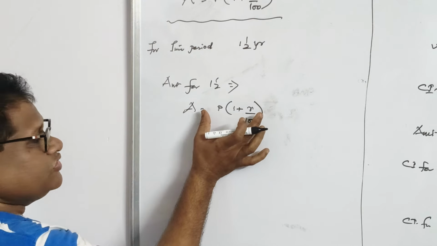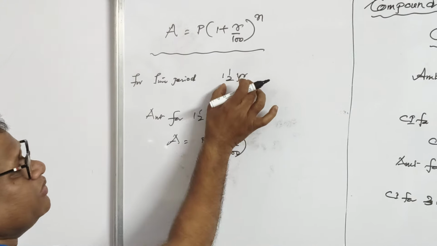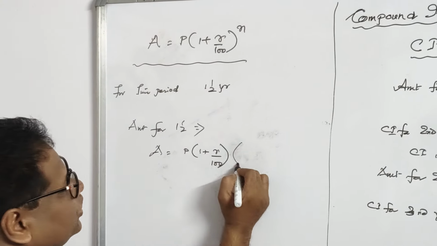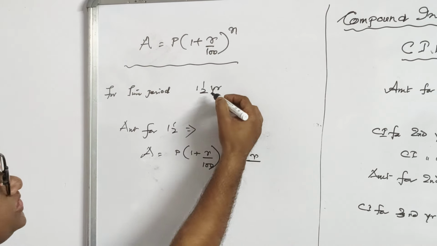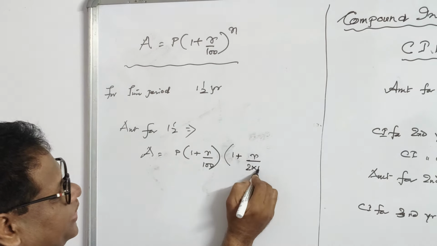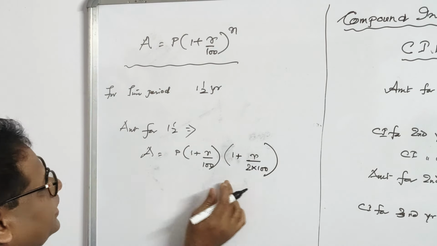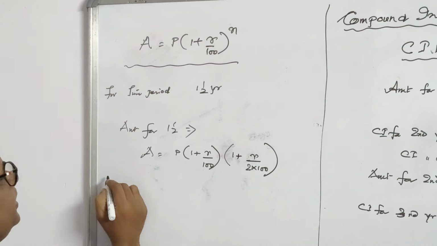Okay. This will become the principal for the following year. Following year means remaining is half year only. So you will write like this: 1 plus R by, because it is half year, the rate will be reduced to half. So it will be R by 2 into 100. Okay. This is for 1.5 year. This is the amount. Similarly,